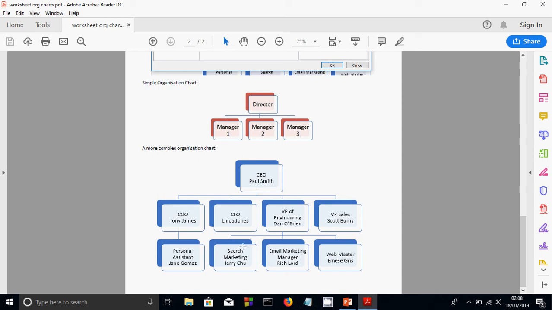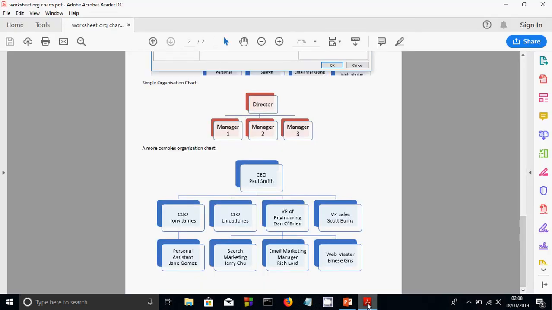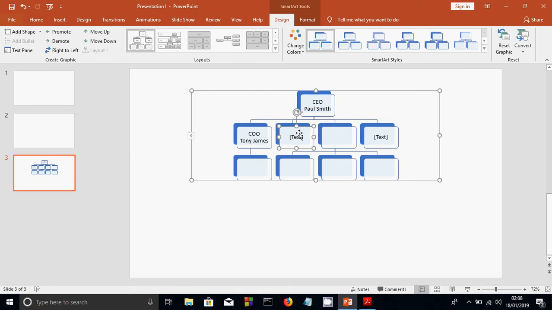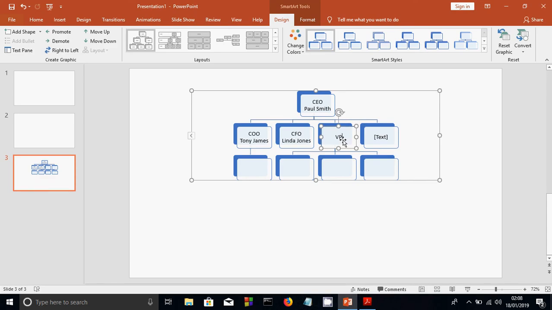Here we have COO Tony James, so let's add him in. COO capitals, and then shift and enter. Tony James. Next, CFO Linda Jones. CFO. Shift and enter. Linda Jones. Next, VP of Engineering Dan O'Brien. VP of Engineering. Shift and enter. Dan